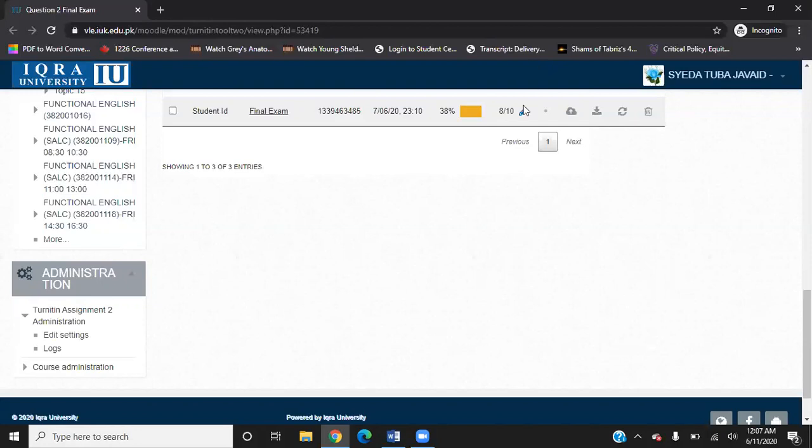So once I'm done, I can have the whole list of the students here and I can know their marks on the Excel sheet. So it's good to check your assignments on VLE so that the students or the examination can see how many marks they got and there is no human error, because it will be difficult to manage an Excel sheet and the question papers at the same time.